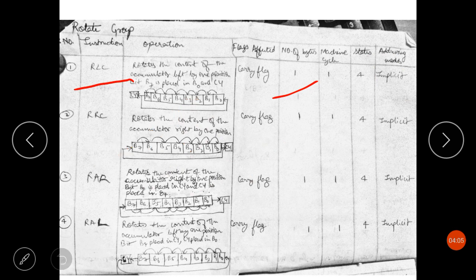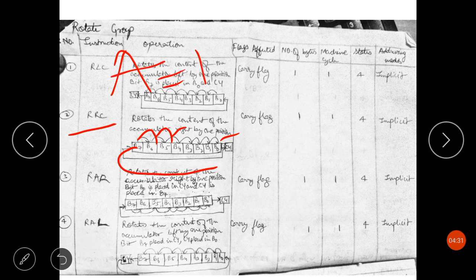The next instruction is RRC. RRC is just the opposite of RLC. This instruction will rotate the content of the accumulator towards the right bit by bit, and the last bit, that is the B0 bit, will go to the carry flag, as well as come to the B7 bit. Now again, taking an example, suppose the accumulator content is